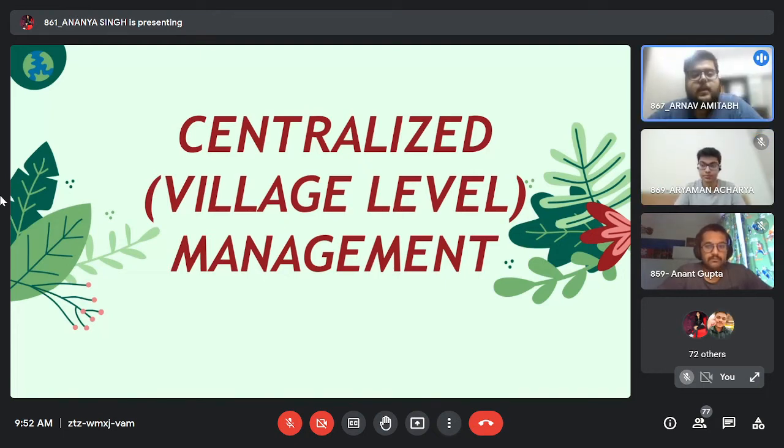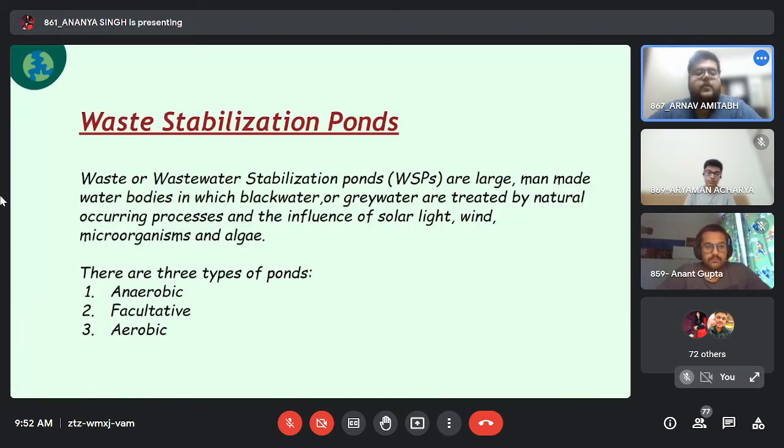Now let's talk about the centralized management. It is also known as the village level management. There are different types of techniques which fall under this type of management. Firstly, waste stabilization ponds. Waste or wastewater stabilization ponds are large man-made water bodies in which black water, grey water